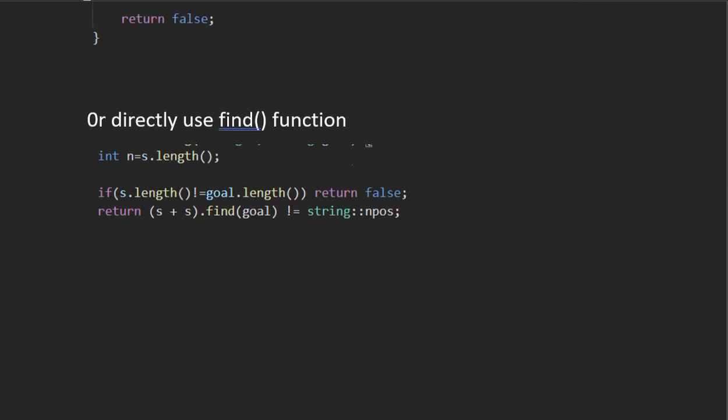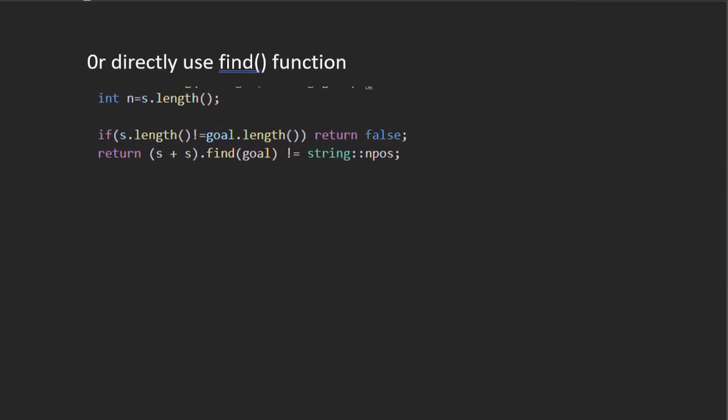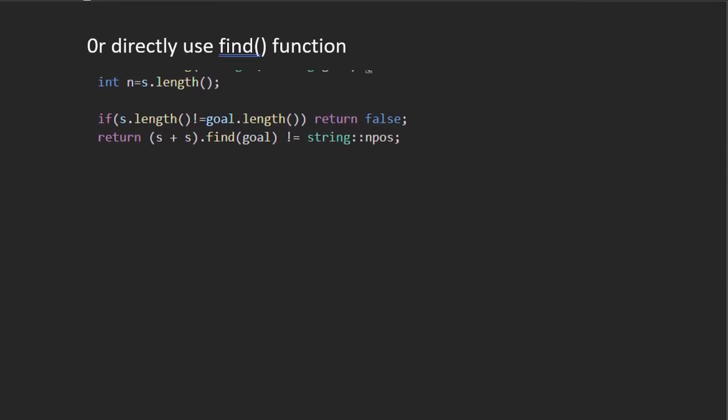Even better, instead of writing the KMP code ourselves, we can use the find function directly. First we compare the s length and goal length. If they are different, then we return false.